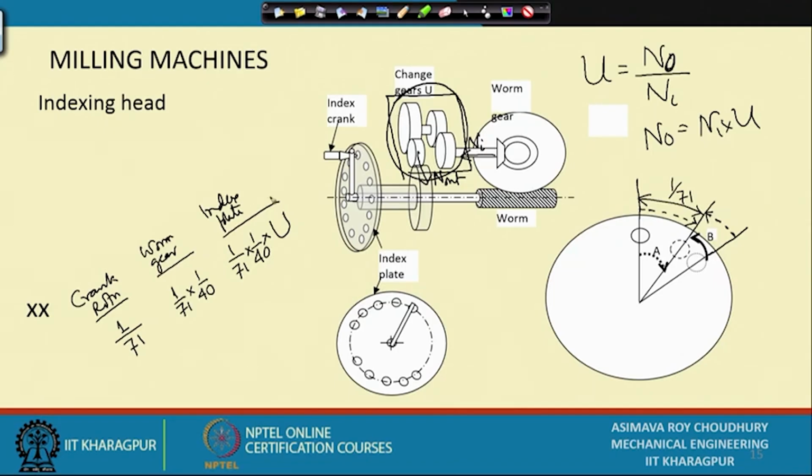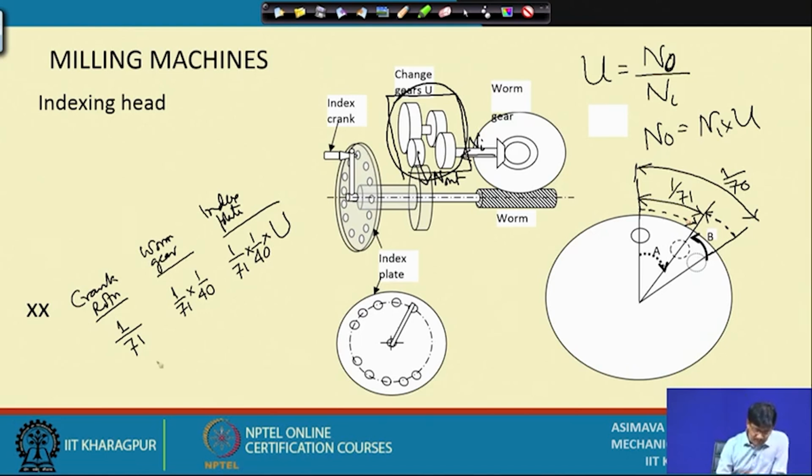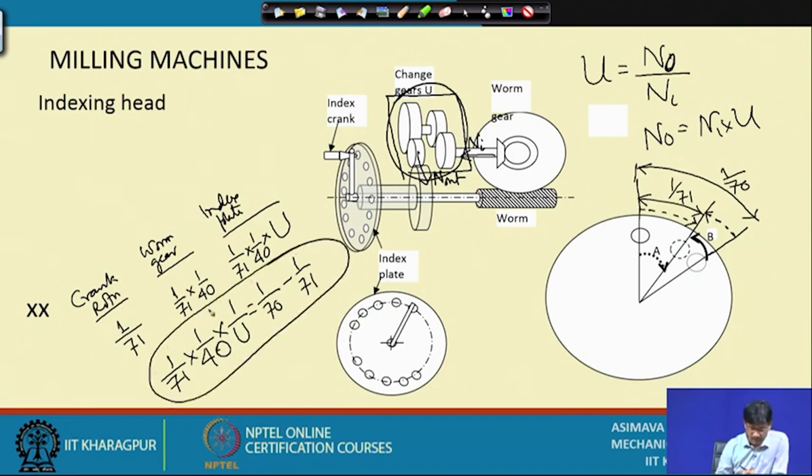So, index plate rotation I have found from this approach, and from known values we know that it should be this much. The index plate in this particular time should be rotating this much, and what is this one? This must be equal to, since you know the larger rotation was 1 by 70, it should be equal to 1 by 70 minus 1 by 71. So, let us equate that 1 by 71 into 1 by 40 into 40 into 1 by U should be equal to 1 by 70 minus 1 by 71. That is it. This is the basic equation that we follow, and from here we get a lot of things